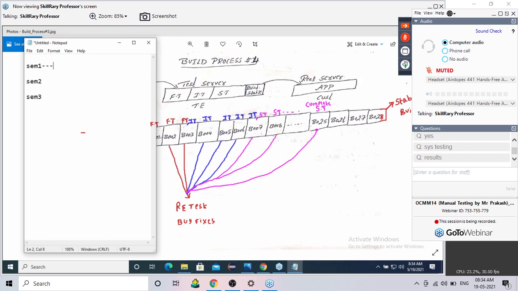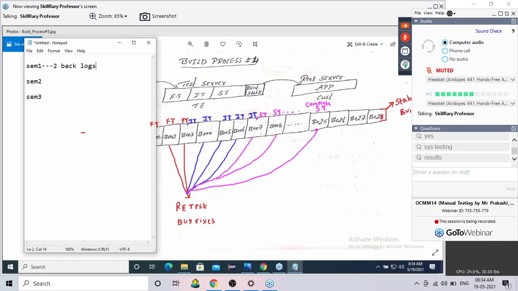Boss, my semester 1 is completed, 2 backlogs are there. Still, can I go to semester 2 or I cannot go? 100% yes. Everyone is saying yes. That means semester 1 is completed when I have written all the exams. Some 8 subjects, 9 subjects were there. For every subject, I have completed writing the exam. So once I finish writing the exam, my SEM 1 is completed.